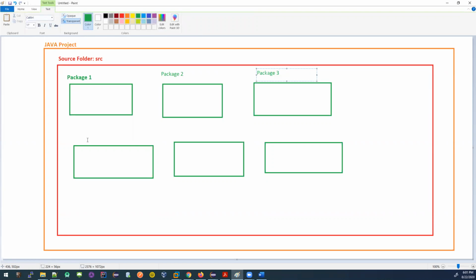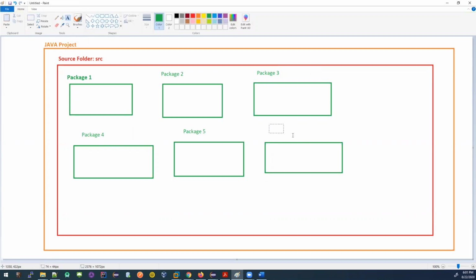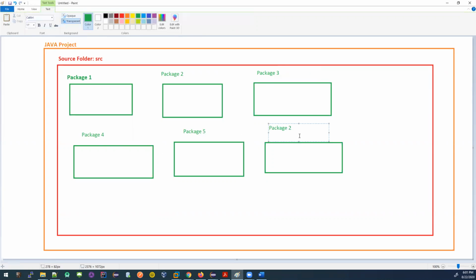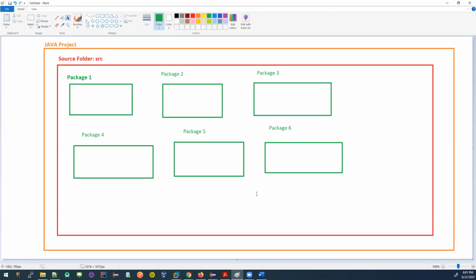Package 3. This is package 4. This is package 5. This is package 6. Okay. Inside this package, you can have your actual source code. Now you can have a Java file.